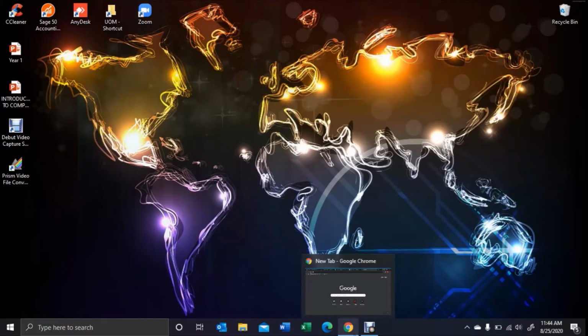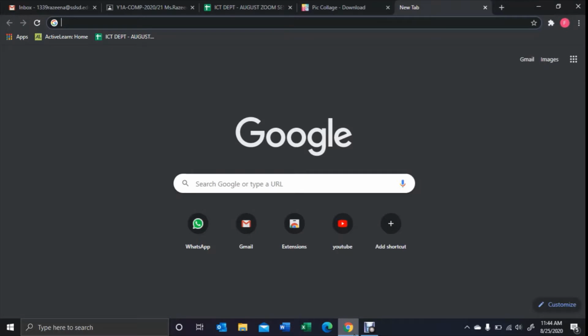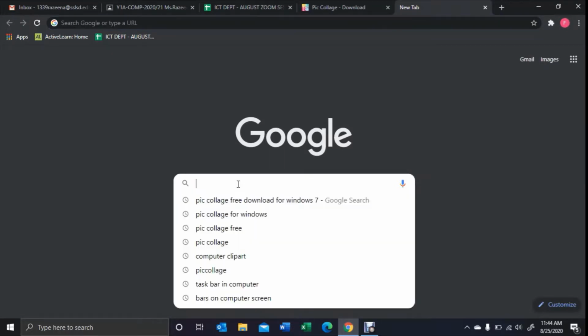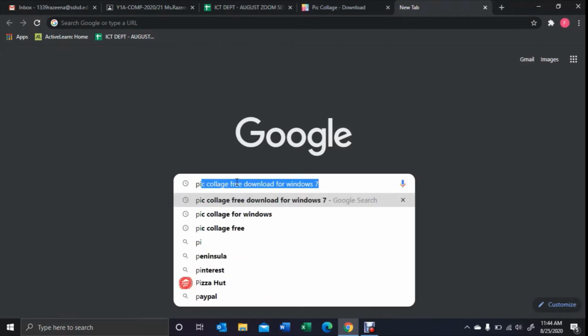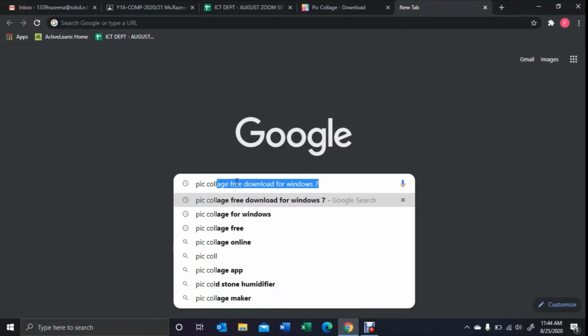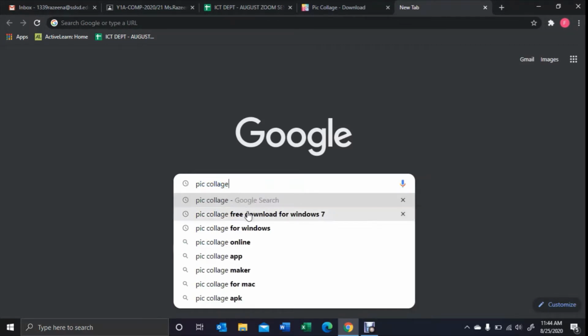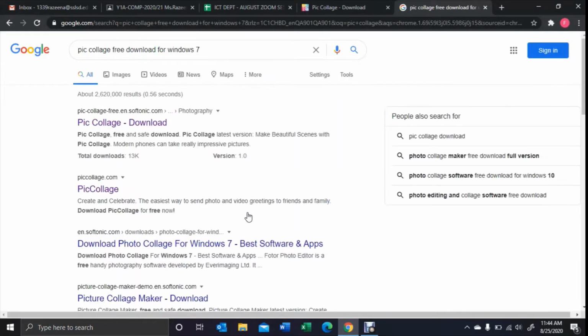Okay, click on Chrome and in Google search, click on the search button here and type Collage free download for Windows 7, and there you will get the links. The first one is Collage free on softonic.com. Click on this one